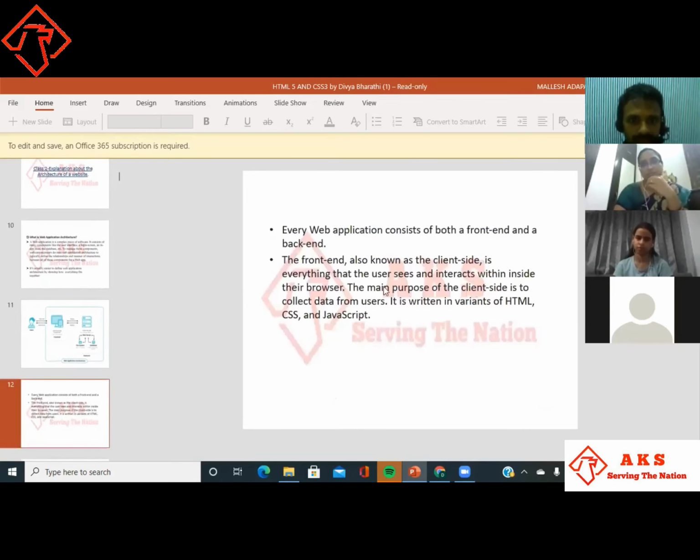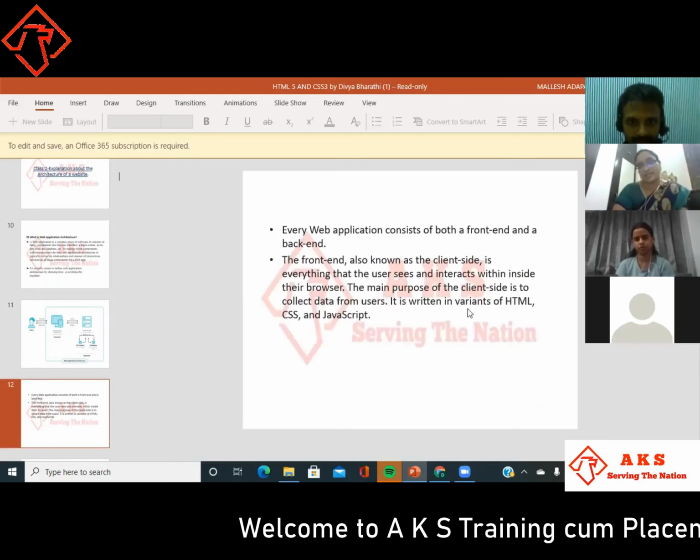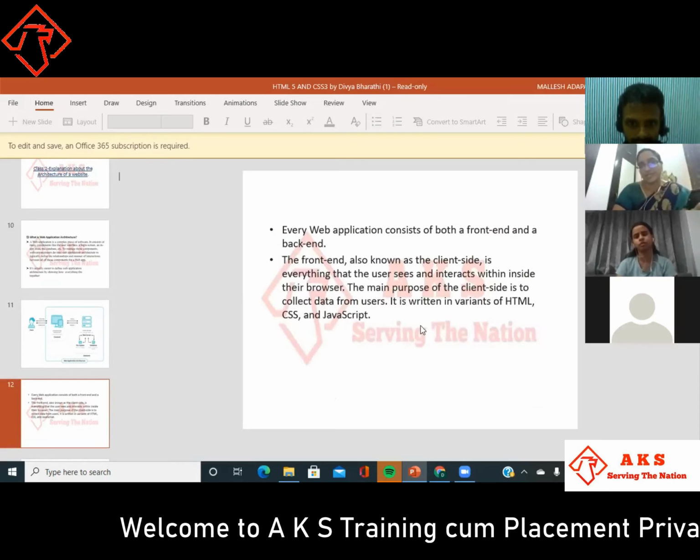This we have discussed before. Every web application consists of both front end and back end. Front end, also known as client side, is everything that the user sees and interacts with. The main purpose of the client side is to collect the data. It is written in HTML, CSS, and JavaScript.